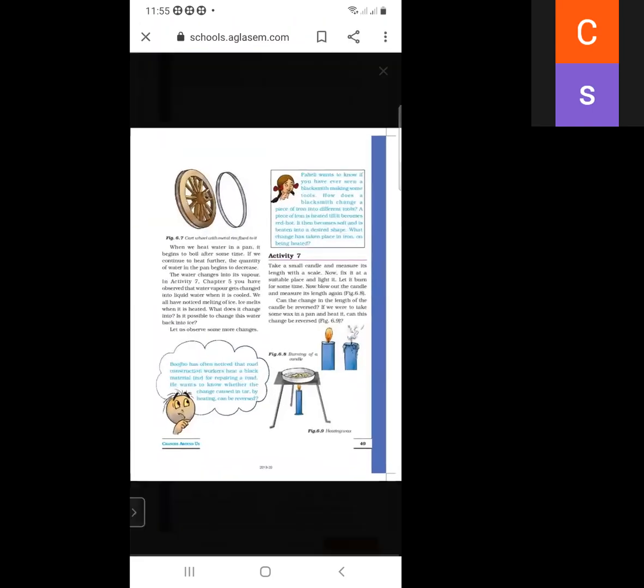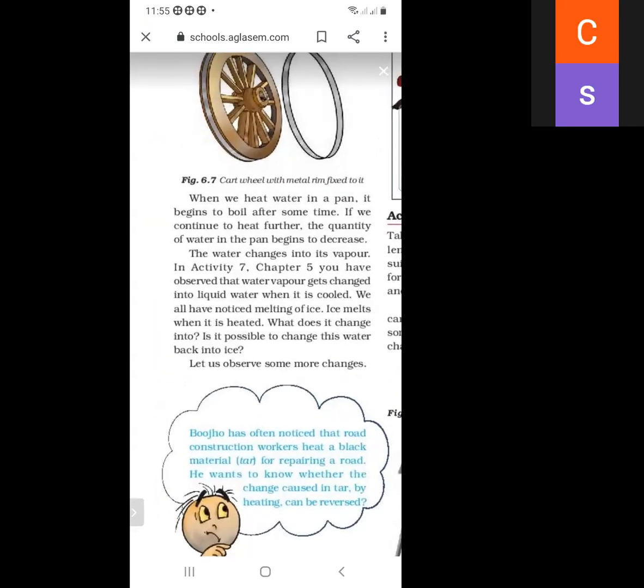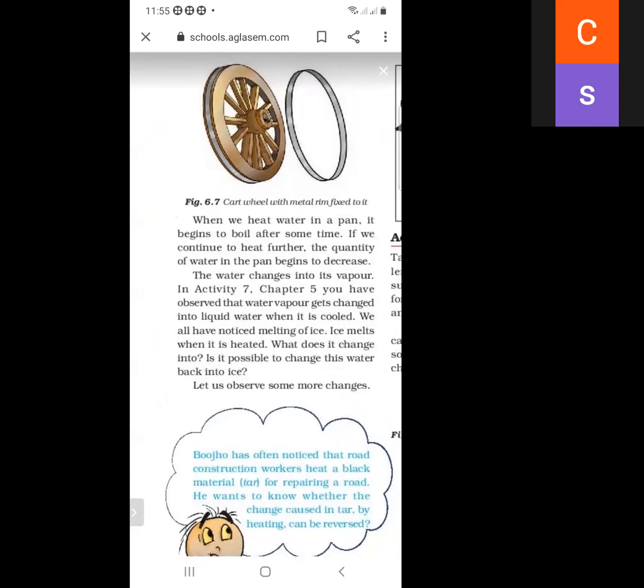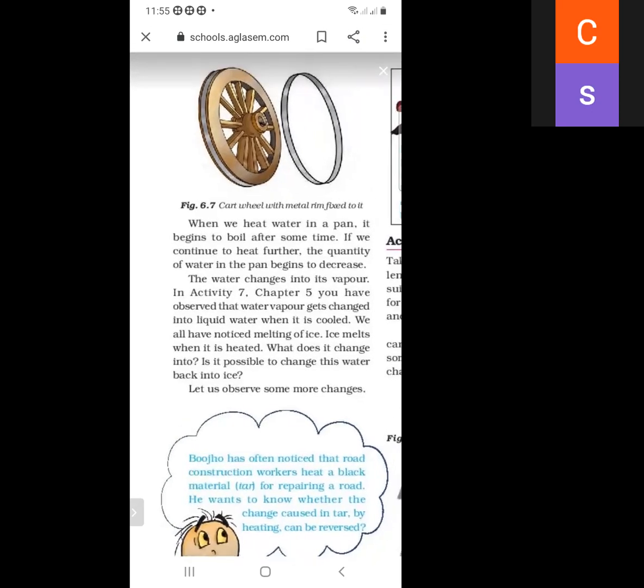Next, when we heat water in a pan, it begins to boil after some time. If we continue to heat further, the quantity of water in the pan begins to decrease. The water changes into its vapor.